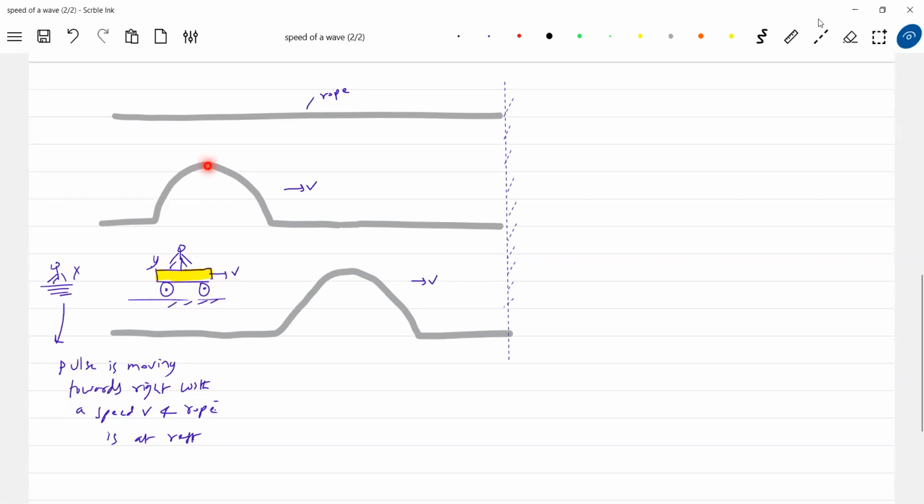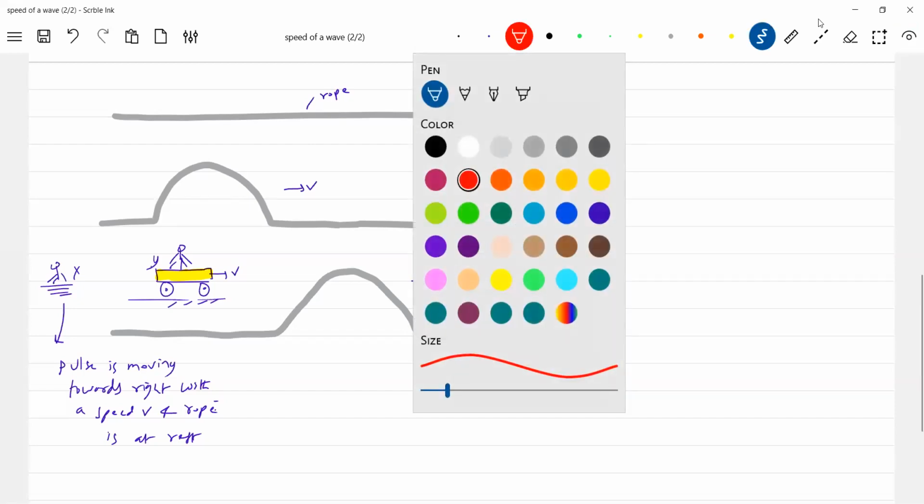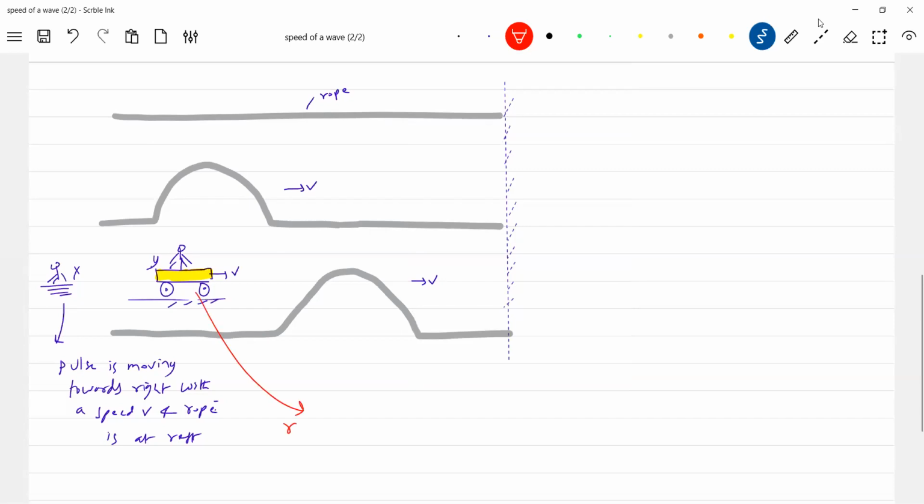Okay, I'm interested that this person X is on the ground. So what will be his comment here now? The pulse is moving towards right, and the rope is attached. I think that's natural. You will not see. Okay, we'll ask person Y. What is the state for him? For him, what will happen? The rope is at rest. What is the condition for him? What does he say? The rope is at rest. Sorry, the pulse is at rest,